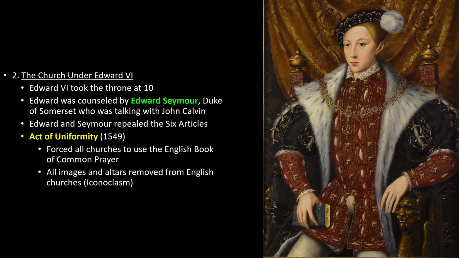And then guess what else they started to do, which is very much of John Calvin? They started to remove all images, all pictures, all altars, all relics, all of those things that John Calvin was against, and they start to remove that from English churches. So here you get that iconoclasm that is going to get rid of all of these things. They're all idols. Get them out of the church.